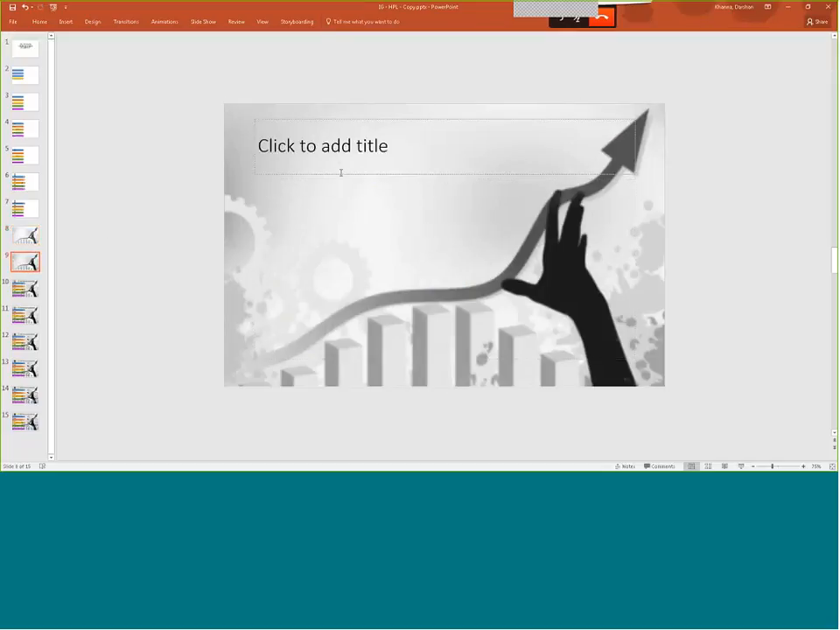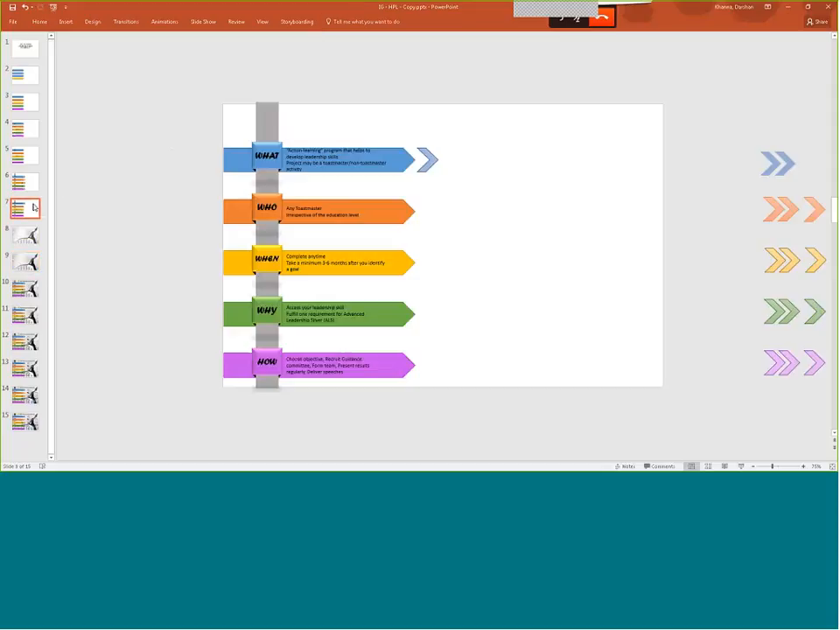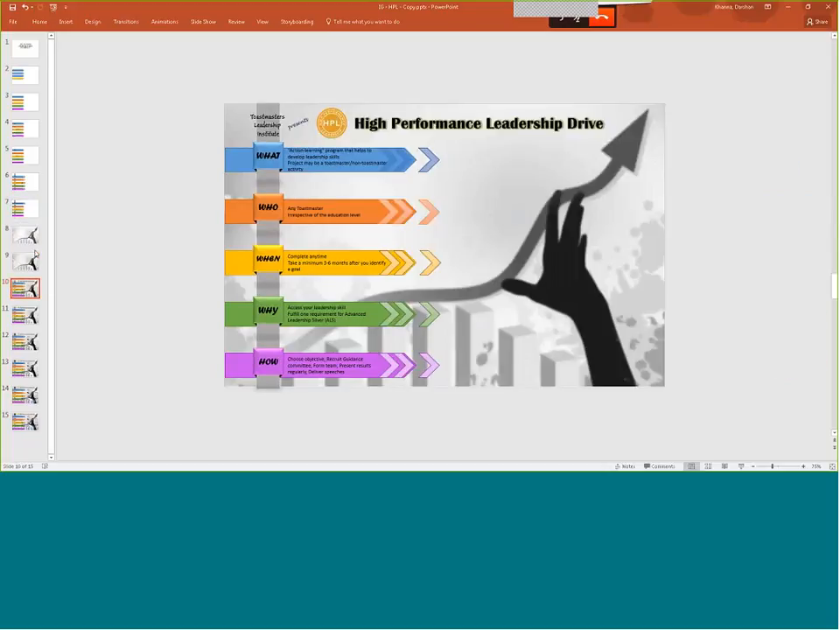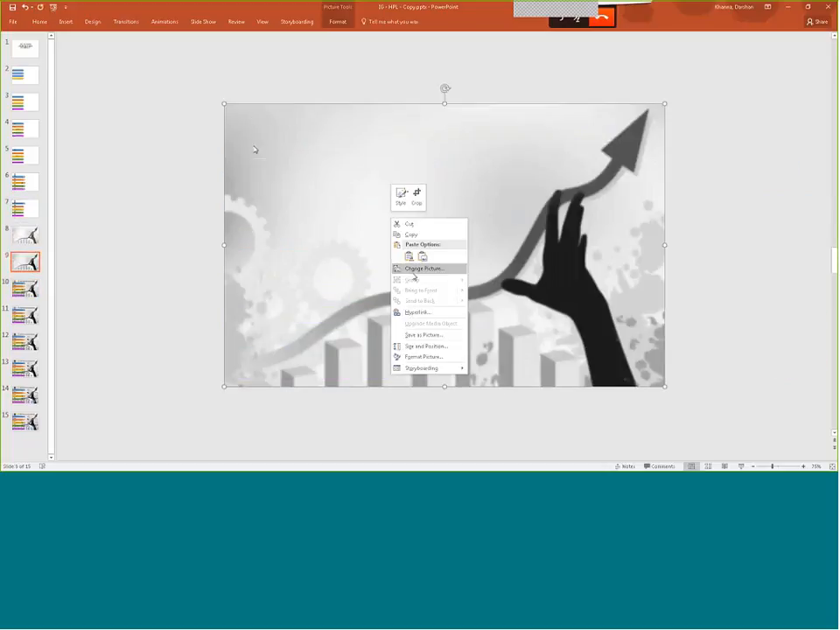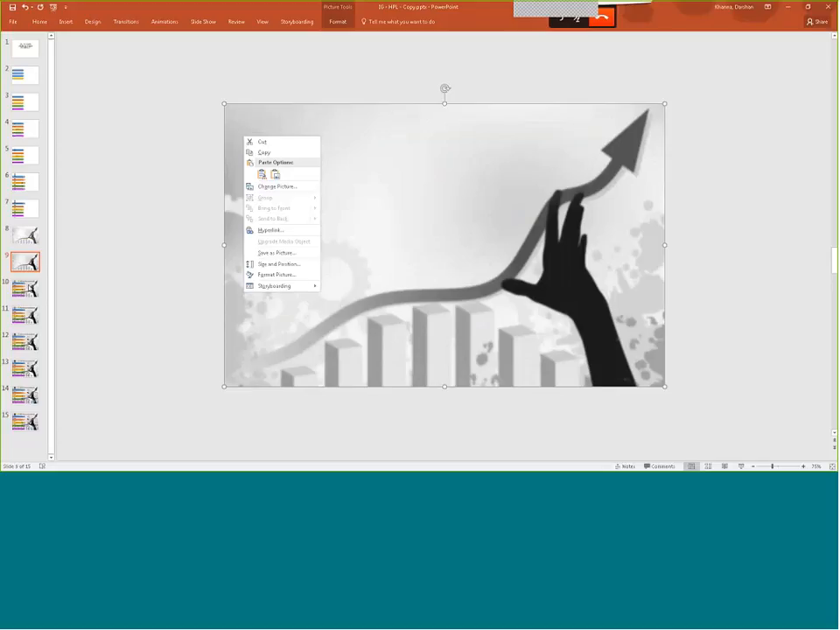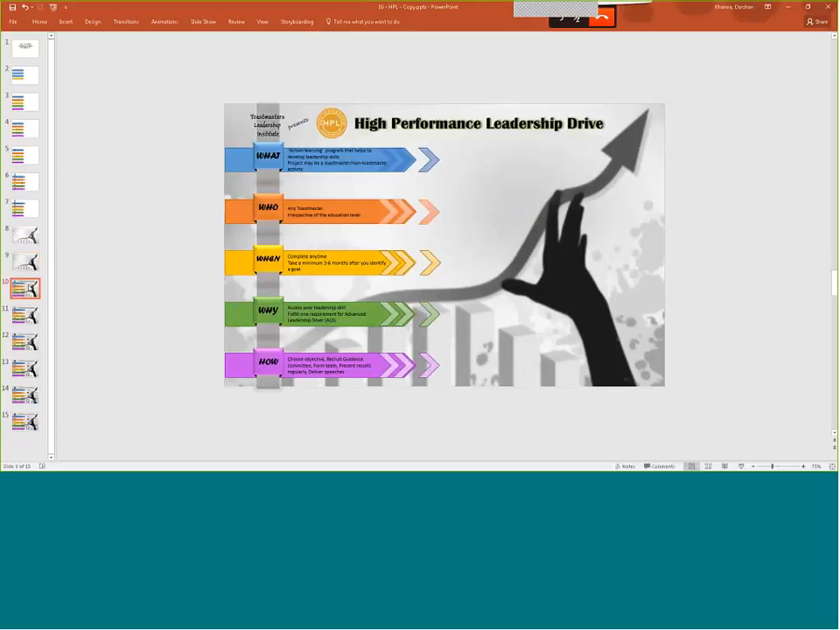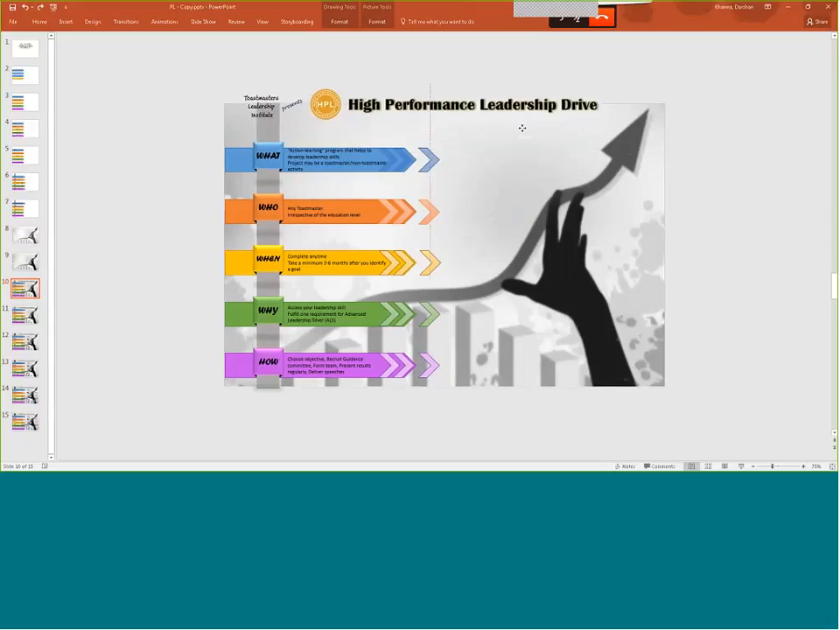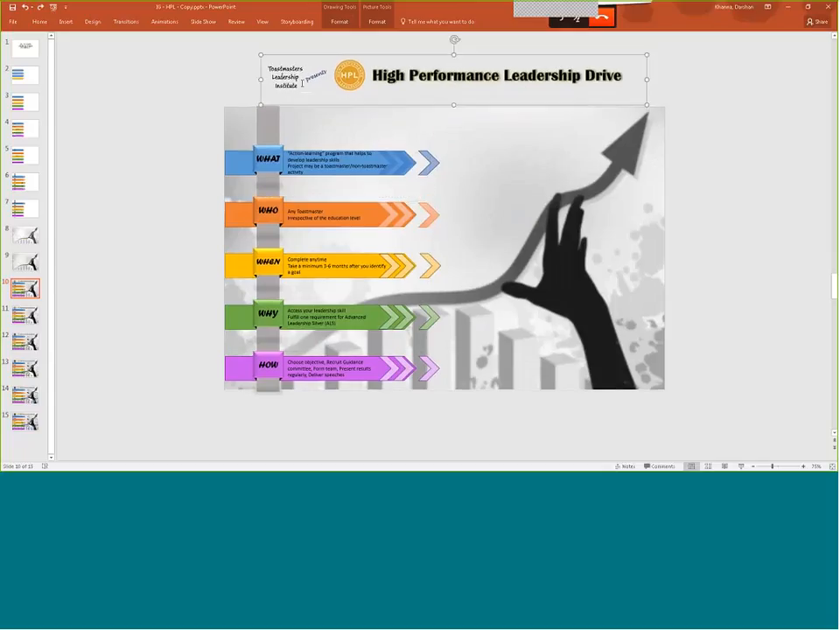So now once you settle on this one, you can always have this image in the background, and all the text you created right here can appear in the foreground. The moment you right click and say send this image to the background, this is what you get to. Once you have this information, you can definitely add more information related to what High Performance Leadership drive is,